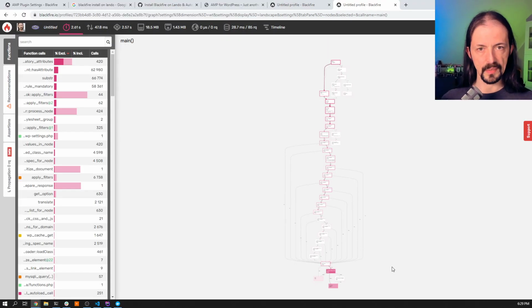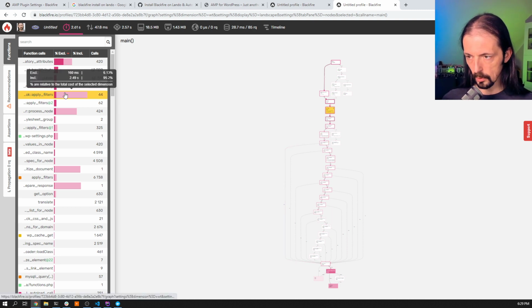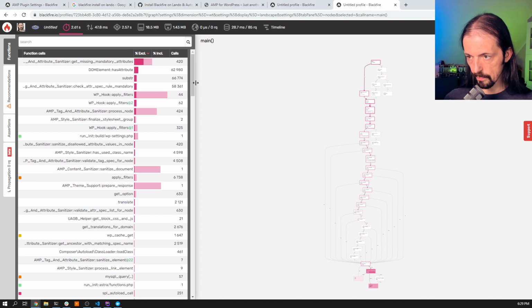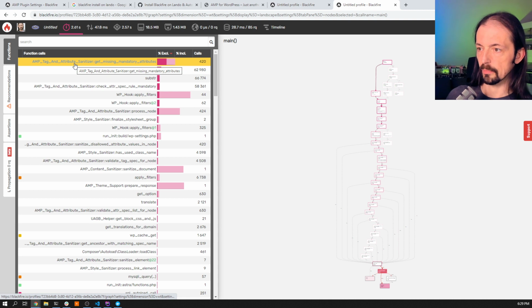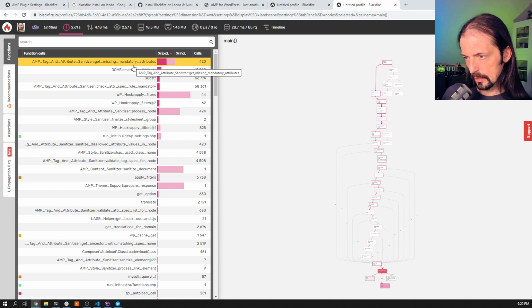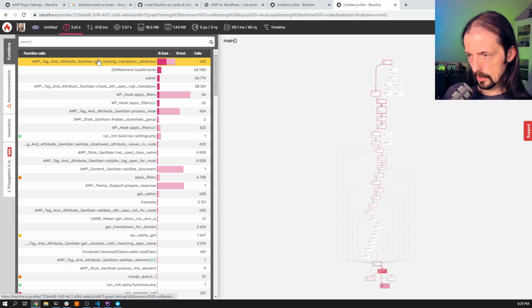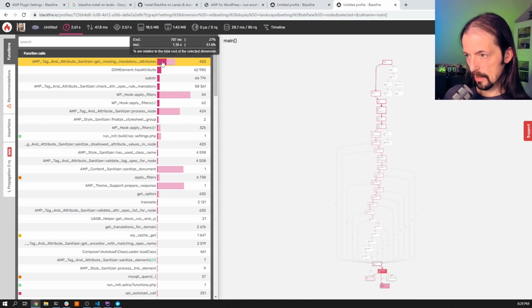And we have a different hotspot here. So before the apply filters, this one was the worst culprit. But now we have another one. This is a bit too small. The tag and attribute sanitizer. So immediately I get the feeling that this will be something we need to look into, because this is the get missing mandatory attributes method. And that alone takes 707 milliseconds